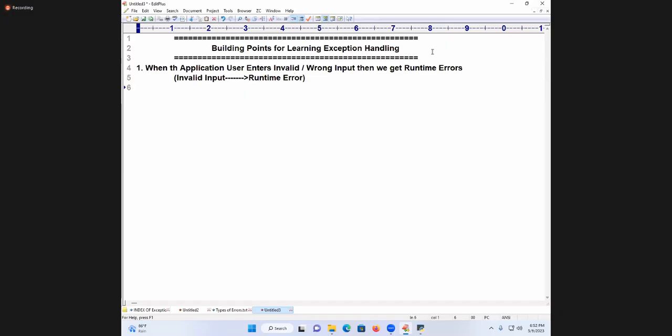Are you following? Second point: all runtime errors by default generate what? Which messages? Very good, technical error messages.